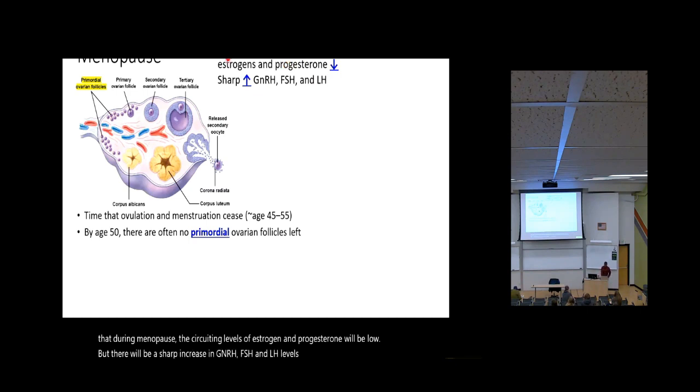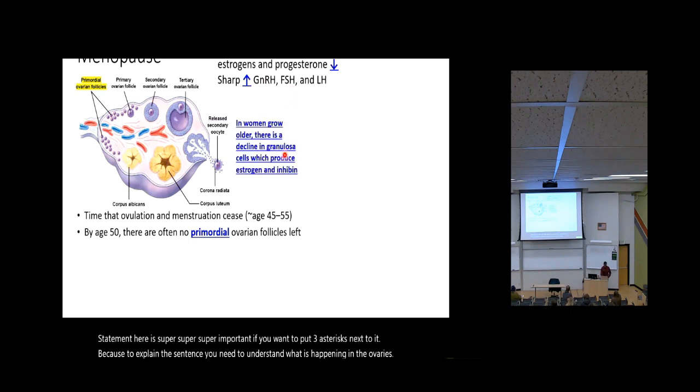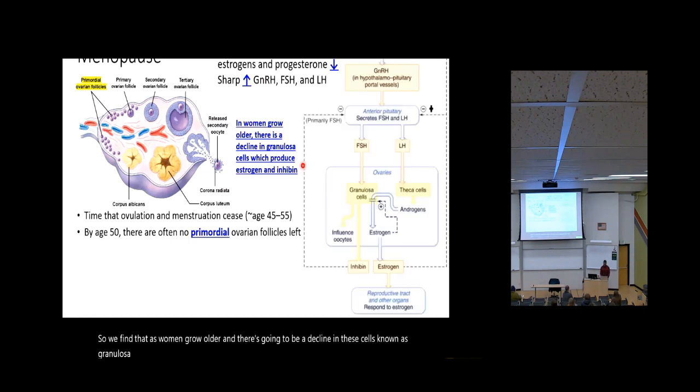And folks, this statement here is super important. If you want to put 3 asterisks next to it, because to explain the sentence, you need to understand what is happening in the ovaries. So as women grow older, there is going to be a decline in the cells known as granulosa cells, which actually produce estrogen and inhibin as well. So let me just walk you through this figure. In the ovaries, there are 2 types of cells, granulosa cells and theca cells,